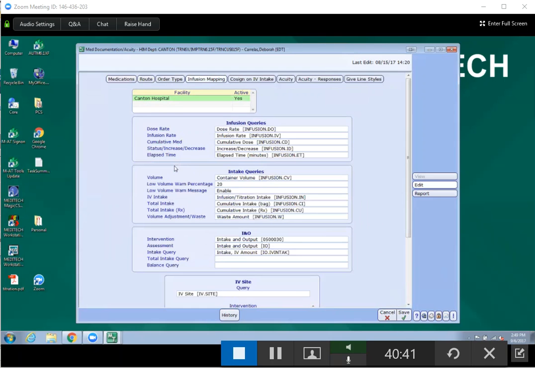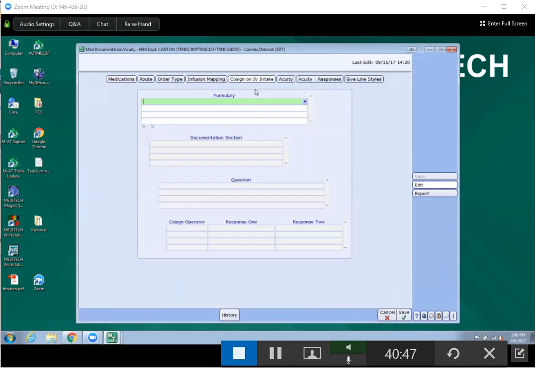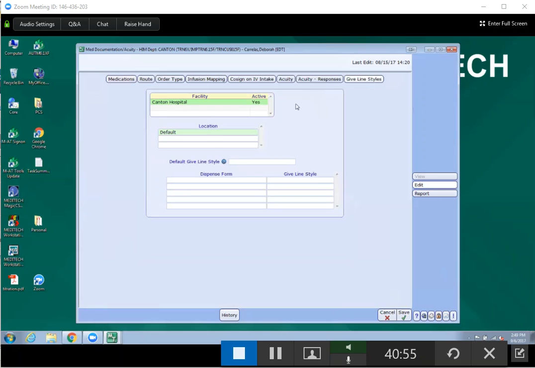And then infusion mapping is where we set up all the queries for infusion mapping. There's a new tab for cosign on IVs. We have the acuity tab, which stayed the same. And then there is also a give line enhancement, which we do have a KB article out there if you're looking for information on that. But we should have some information on that in a later